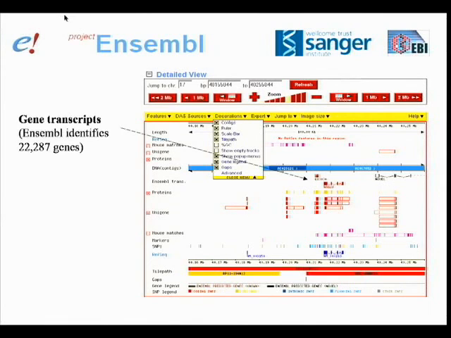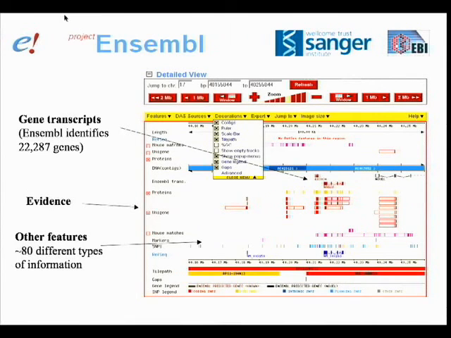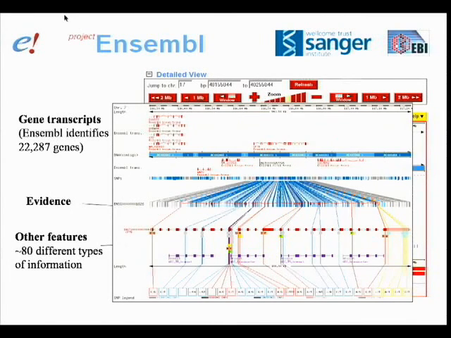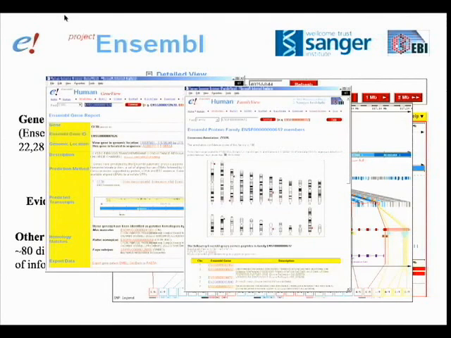The boxes represent things like genes, and other evidence for those genes being there, maybe up to 80 different types of information layered on top. And what's the reason for coming here? Well, it's not completely unlike, when I get through this, under